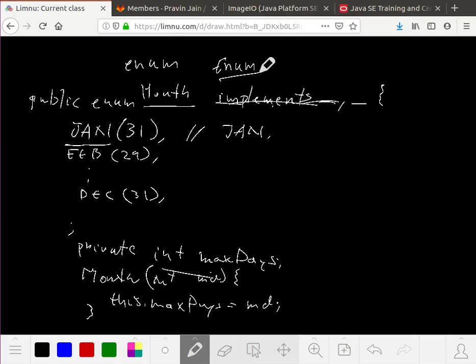The Enum class has two instance variables, and one of them is of type int,